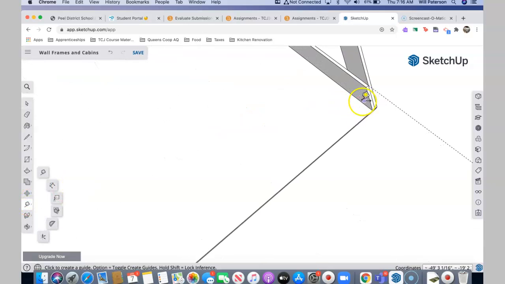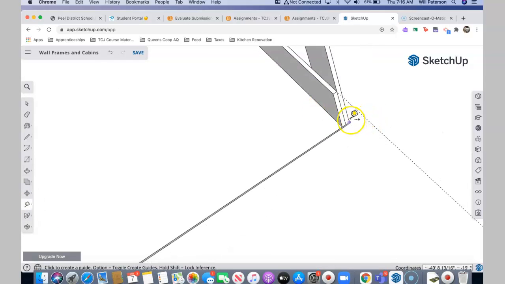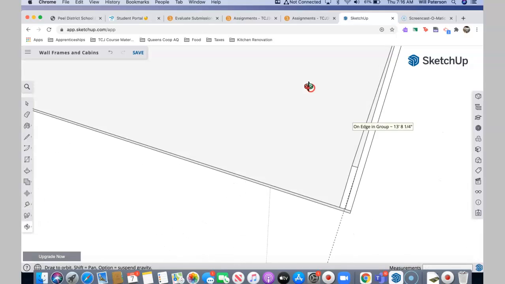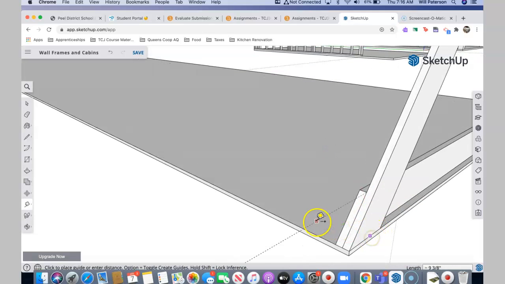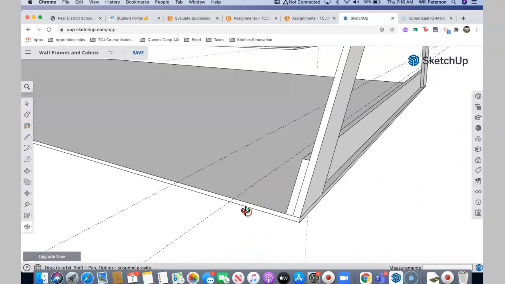Okay, so let's see here. From the end here, it's like laying out a wall. From the end here, right there, we're going to come along 15.25, like that. Get rid of this other line so I'm not confused. There we go. So 15.25 and then 16. Okay, and so now I can take this